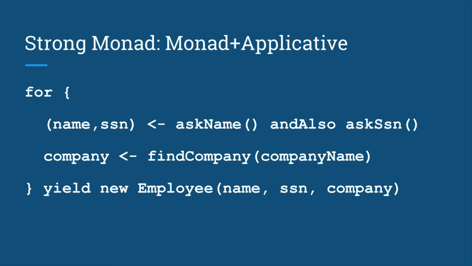The next operation is extract company name. I don't know where company name comes from, but we could as well fail on company name. If we succeeded here and failed here, we'll have only one error: no company. But if we failed on both name and SSN, we will not bother to go for company, because flattening in the option or result class will not go deeper, will not call it. We already have a failure. So this is a combination of applicative features and monadic features in this loop.